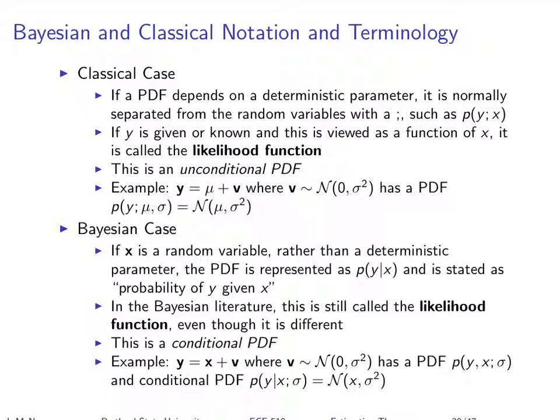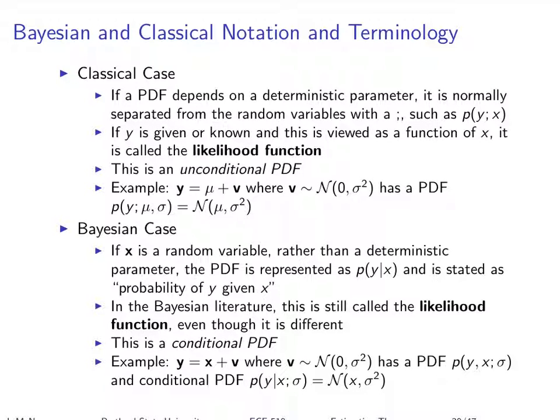And as I mentioned before, if you evaluate this function where the independent variable is x for a fixed value of y, if you take a measurement, plug it into this PDF, and then you're evaluating this as a function of x, then it takes on a different name. It's no longer a PDF, and in fact, it doesn't even have to integrate to have unit area. We'll see an example that doesn't later today or next Tuesday. But this function is called the likelihood function. And people doing classical estimation are often trying to find the maximum likelihood.